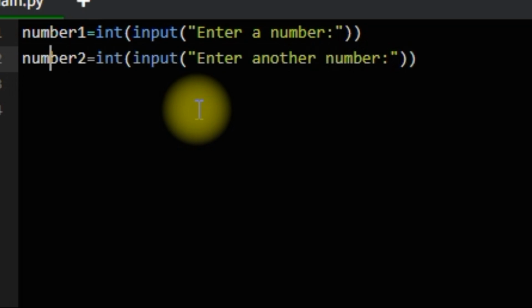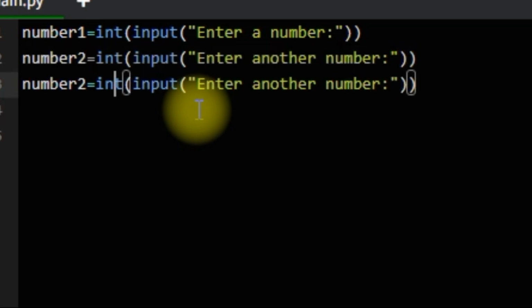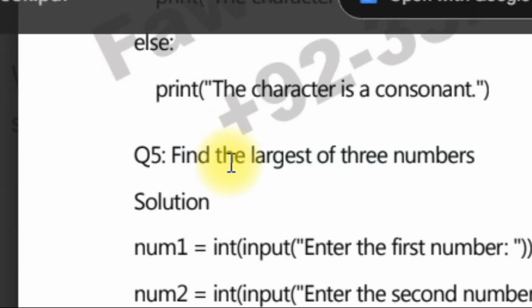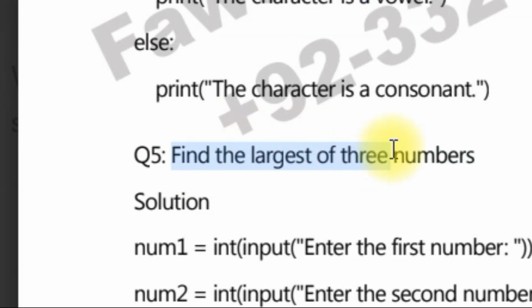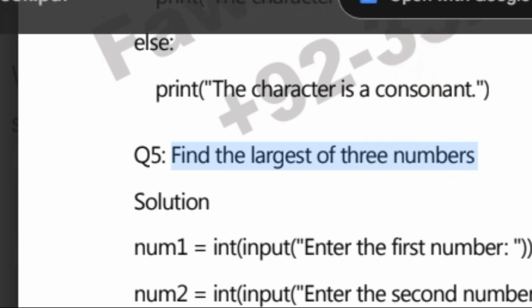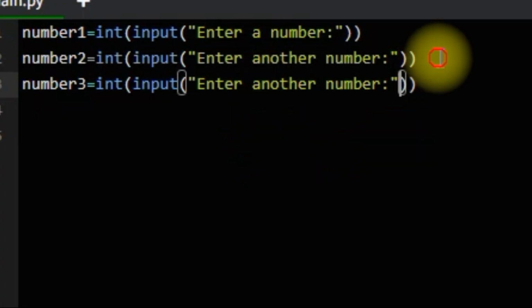Now I copy this code and paste it, and I change my user variable to number 3, and let's go with the same prompt we used. Now I took the 3 user inputs. So the question is to find the largest number of the 3 numbers. So we have to compare whether number 1 is greater than number 2 and number 1 is greater than number 3. So let's make it